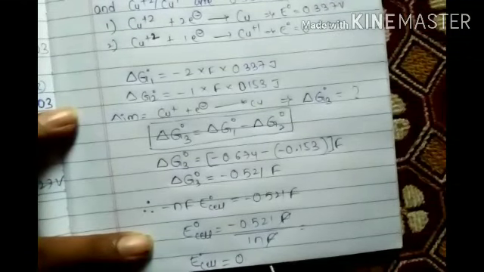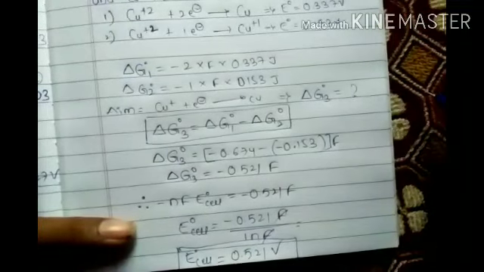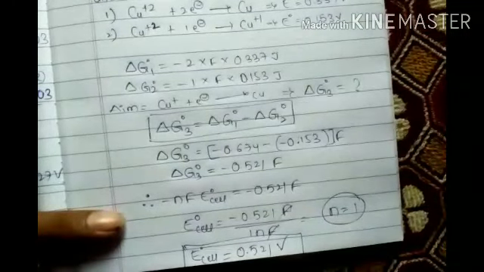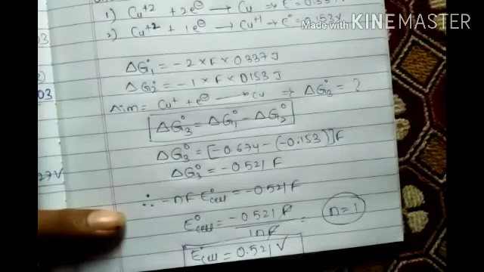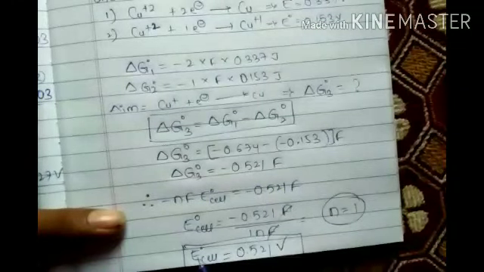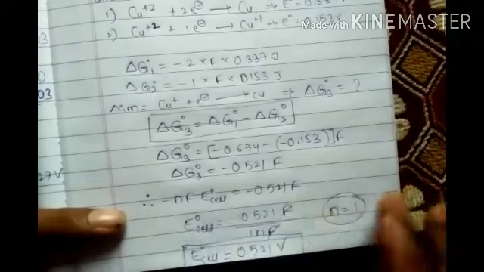Now E naught cell equals to how much? It is 0.521 volt. In volt we have to take that one. This is the second answer. Here N equals to 1. Remember that. Got it? This is delta G3 equals to this value, this NFE value. Delta G also NFE also, right? So that E naught cell is coming downside. We have to do like this problem. Siddharth is asking this kind of problem only. For Fe3, what is the problem that? Okay.